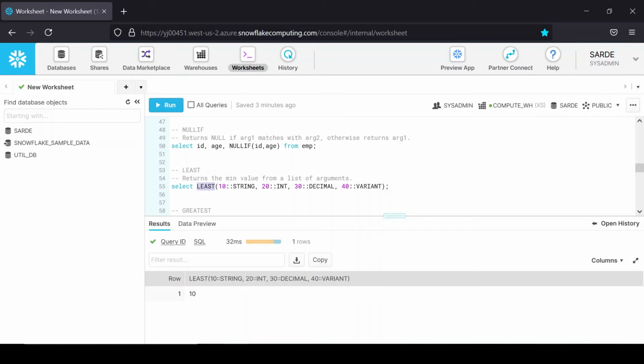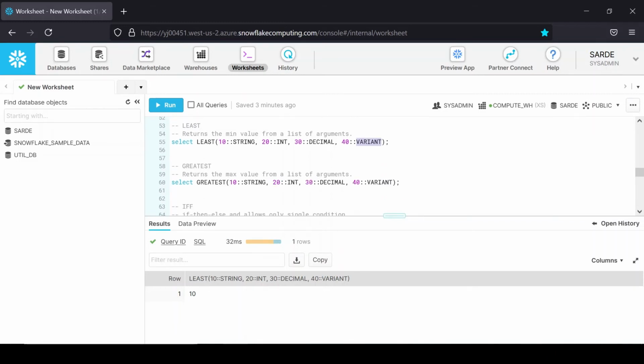The good thing about this function is it doesn't matter which data type we use, for example string, int, decimal or variant, it will just find out the minimum value for us. Next function is the GREATEST function. Here as well we can see it will pass the greatest value. So these two are very simple functions but very powerful.